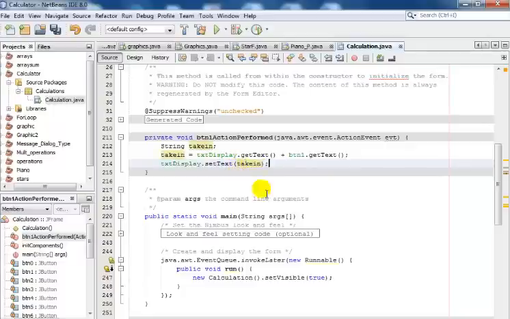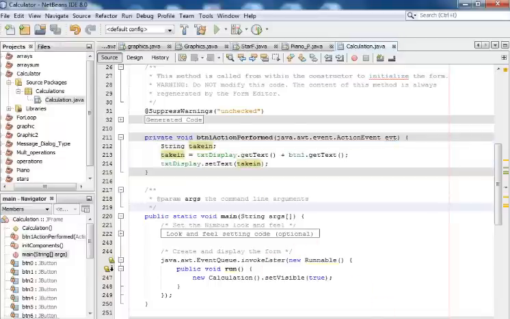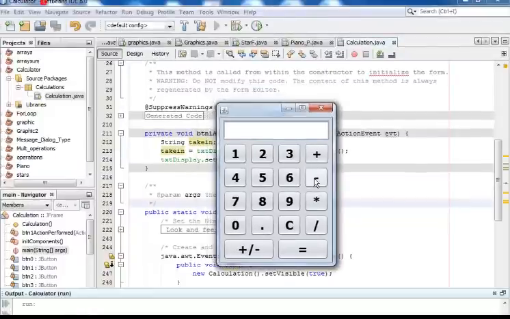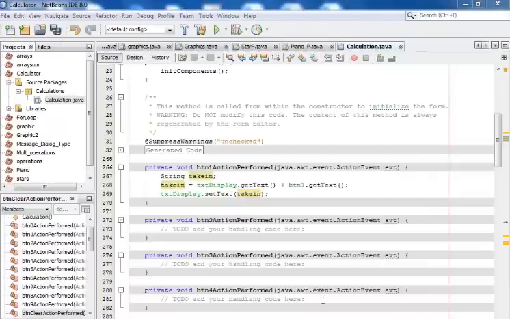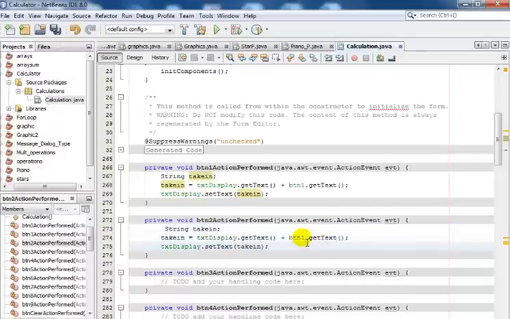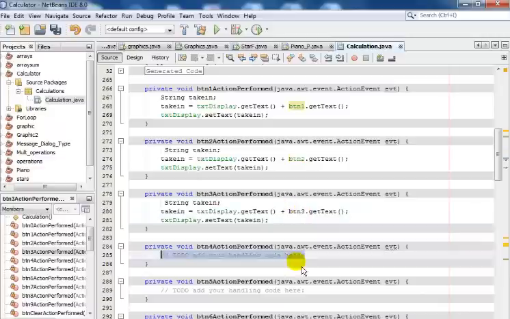So let me just copy this, copy, and I will repeat exactly the same thing for button 2. So just before I continue, I've decided to just run what I've done with button 1. You see that, guys? So let's go back to the design view, double click on button 2 right there. Right here is my button 2. I'll just highlight, paste, change the name to 2, and here underneath is button 3. Look at the name, paste, change that to 3, and followed by 4 and change that to 4,